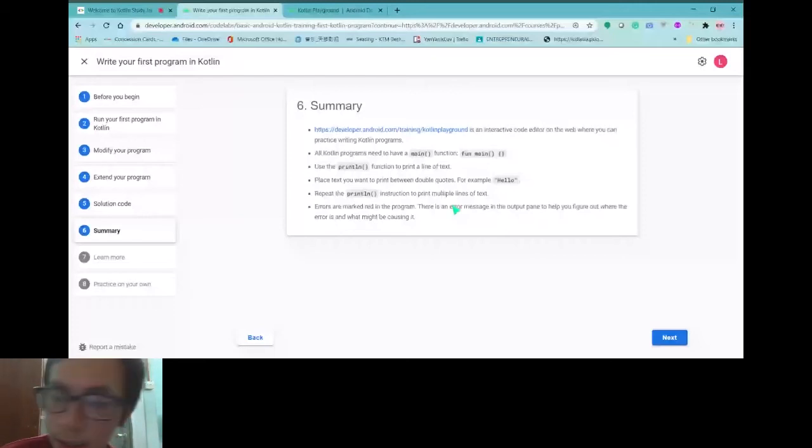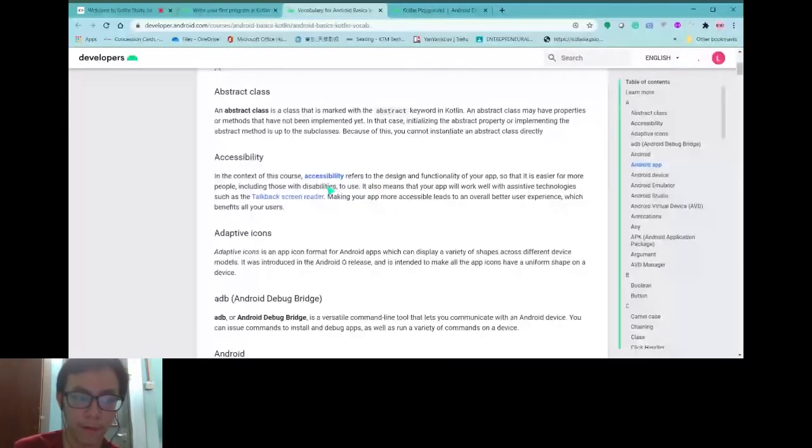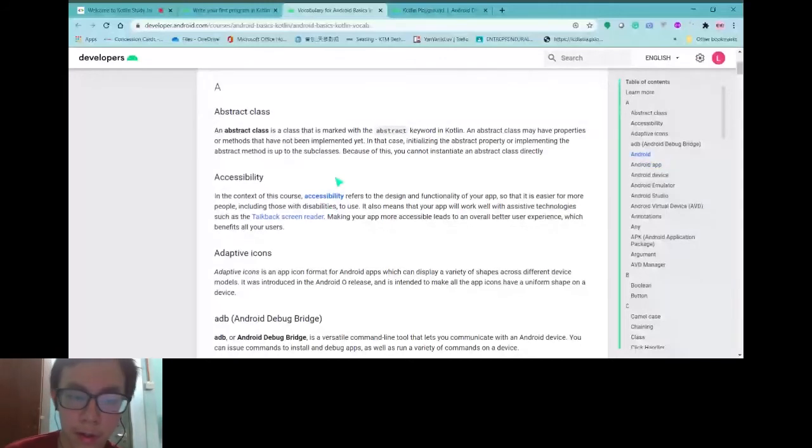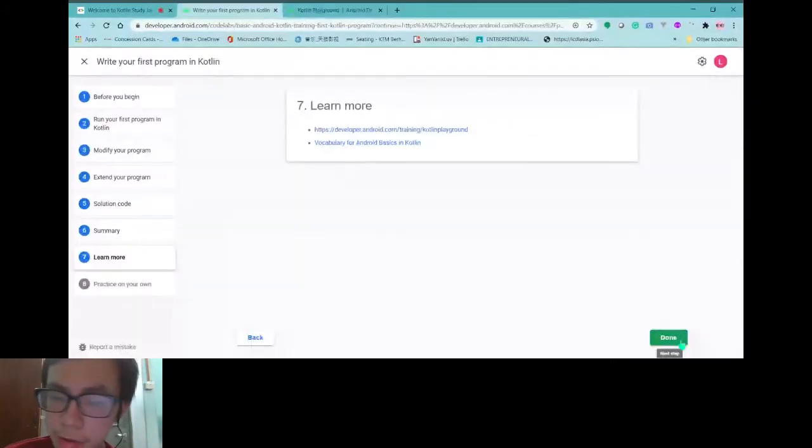If you want to learn more, this is the link. If you clicked the link just now and you are following me, you come to this page, and you can click it yourself also. For example, this one is the vocabulary involved for the Kotlin programming language and also maybe for Android development. If you are free, I encourage you to search for this also. You can improve your terminology and understanding about Android development in Kotlin. Yeah. So practice on your own. But I think I'll just explain this to you.